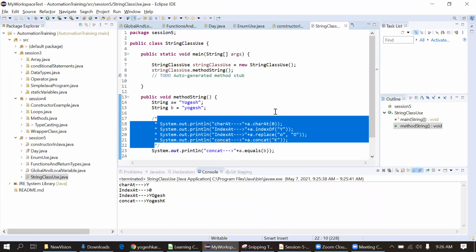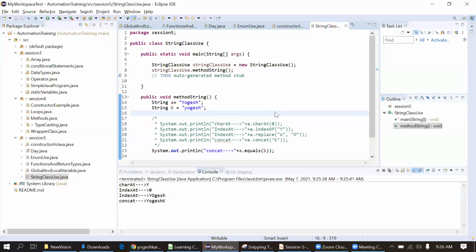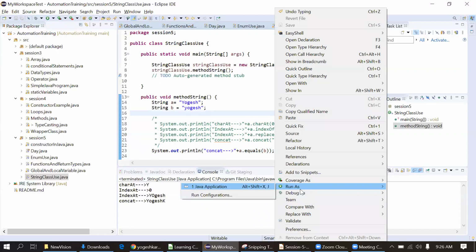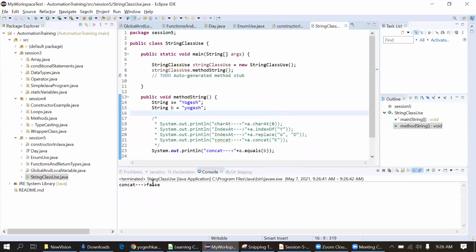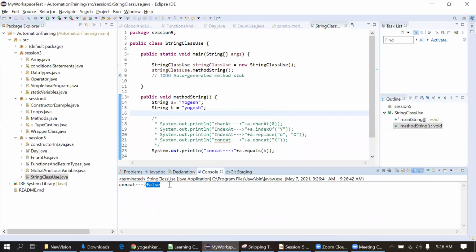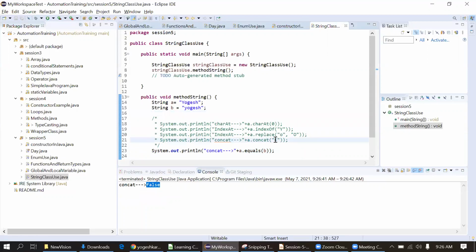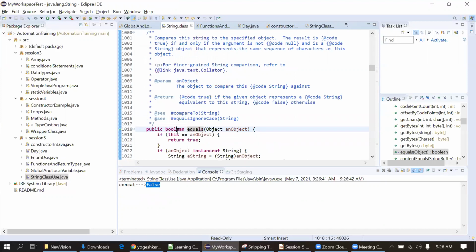Yes, perfect. It's not really equal actually, so it will return false. You can see it here. It will always return a Boolean. If you don't know the return type, just go inside the method and look for the return type there.